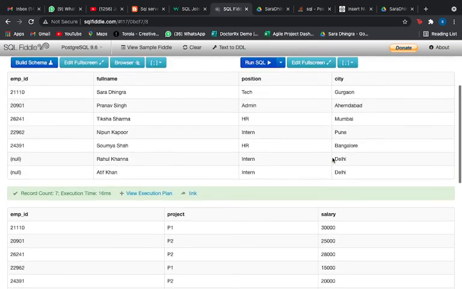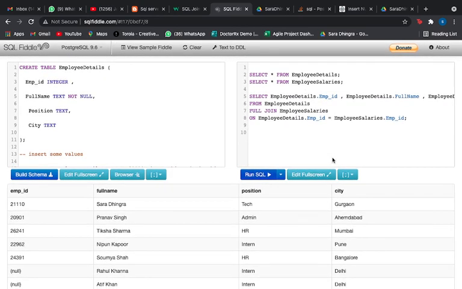Okay. Now we are going to talk about our last join, okay? That is our cross join or Cartesian join, right? So what we are going to do is, I am just going to write cross join.